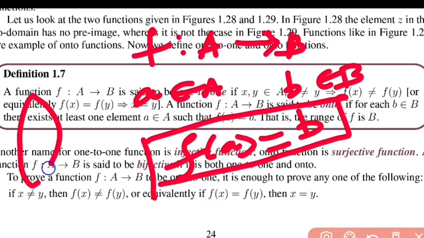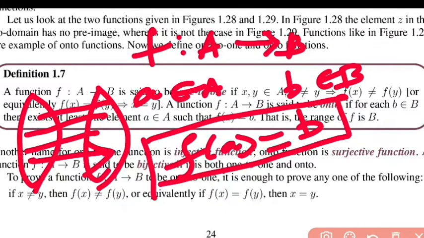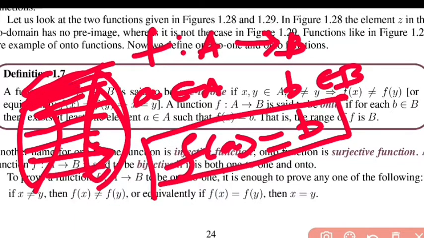Or in our diagram, if all the elements have mappings, all images have the pre-image, then it's onto function. If any one element does not have the pre-image, or any one image does not have the pre-image, then it's called not onto function. Okay, all images have the pre-images.